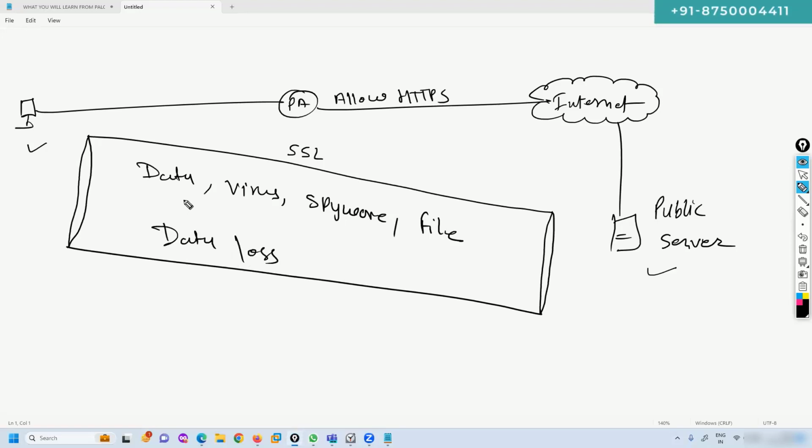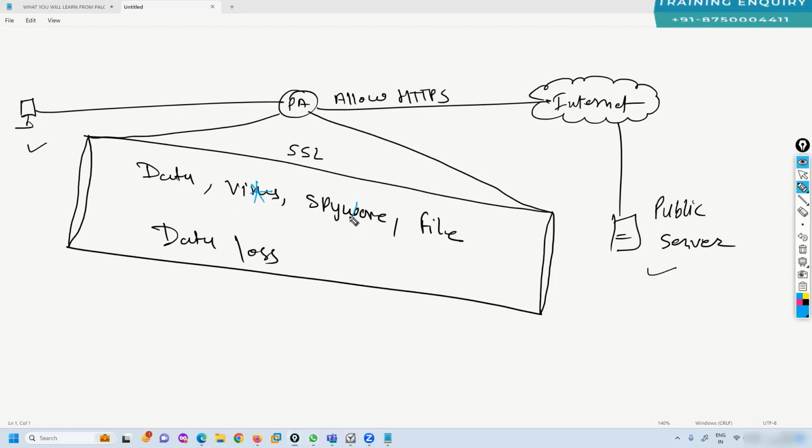Now the problem is this: the protocol which was designed for secure communication, users are now using to bypass the firewall. When the client establishes a session with the server, the firewall has no idea what is going on under the SSL tunnel. Firewall, IPS, IDS, or any device in the path of client and server is now bypassed. We have to stop these kinds of transmission. We have stopped viruses, spyware, and file upload and download, and we have to stop data loss in our organization. To do this, our firewall should be capable of implementing